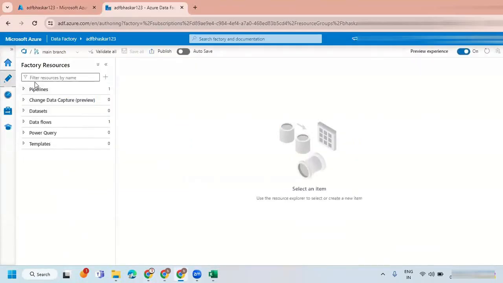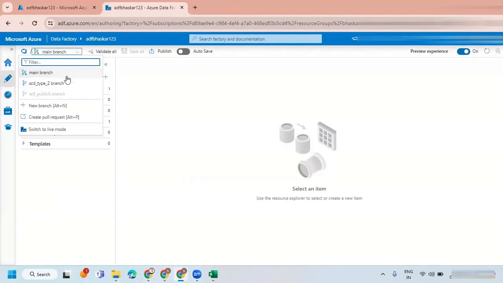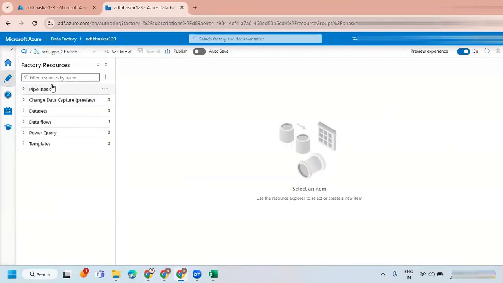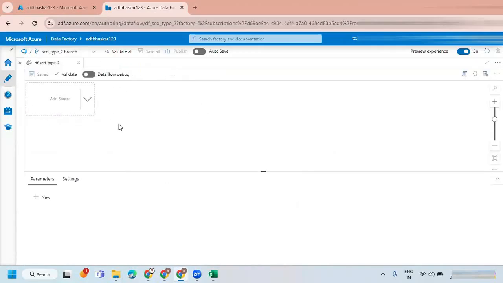Let's go for Author. I wanted to go to my branch, that is the SCD type 2 branch. We already created it. Whatever is there in the main branch was already available when we created the branch, so you can find SCD type 1 is available. Let's go here, SCD type 2. I just created a data flow, but I didn't do anything. So what I wanted to do here is,